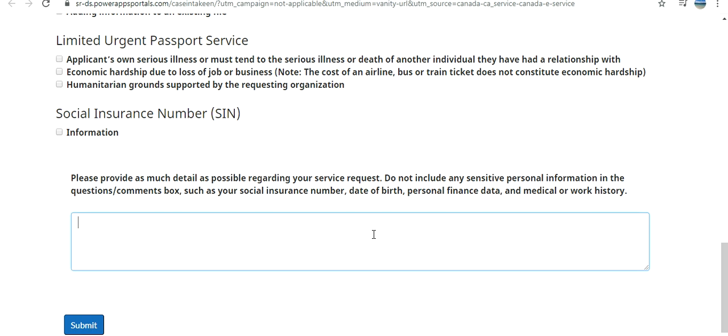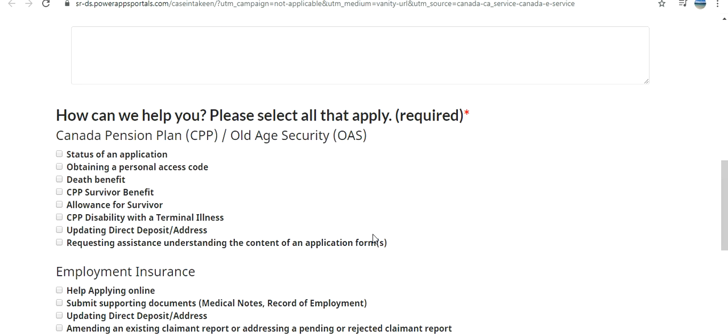I know this is a difficult time because all these services are very important, and I remember when I went for my passport a few years back, it was very quick, but now this is difficult. But anyway, in this way you can get in touch with them, and if you qualify for urgent processing of a passport or any other services you need help with, they will definitely help you out.